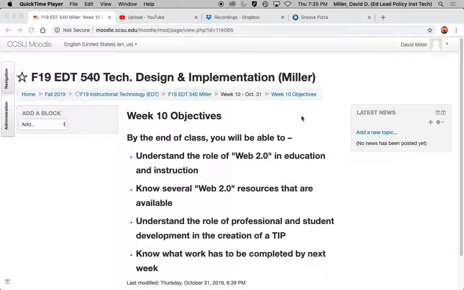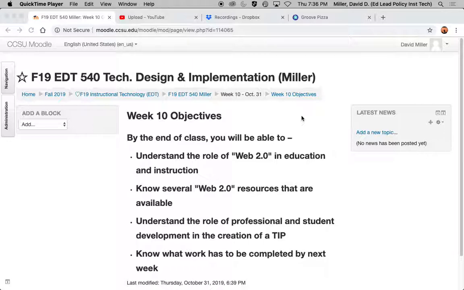And then the week after, which is the week before Thanksgiving, is going to be our beta test week for your Moodles. Essentially, that's the week where 2 or 3 other people in the class are going to sit down in front of your Moodle and go through it as if they were a student, and then give you feedback. So it's a way to get some immediate feedback about things you might want to adjust, or if there's an instruction that's confusing or something like that, and it'll give you a few weeks to finalize all that. So that's going to be the main activity that week.